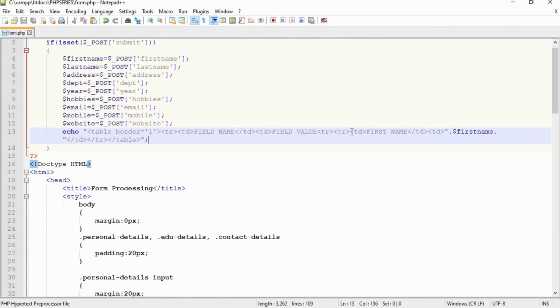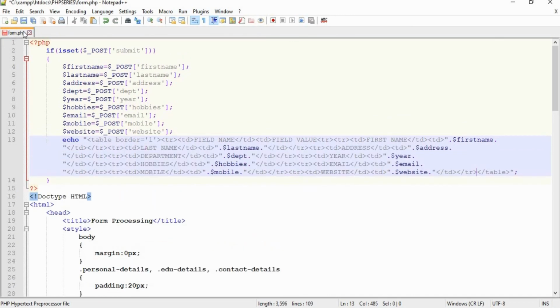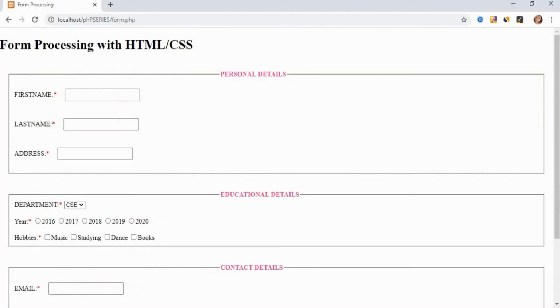So I'm going to copy this for all the other fields, right? So now we can save the program and enter values for all the fields, right?